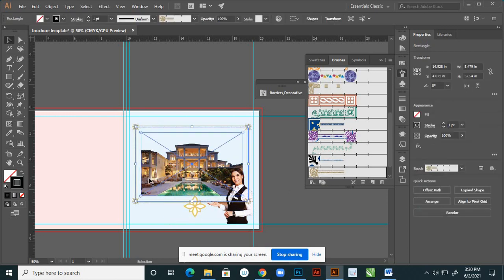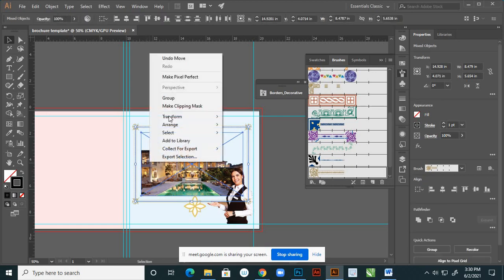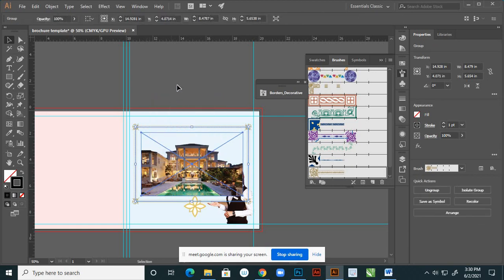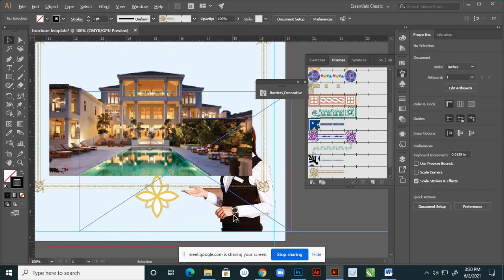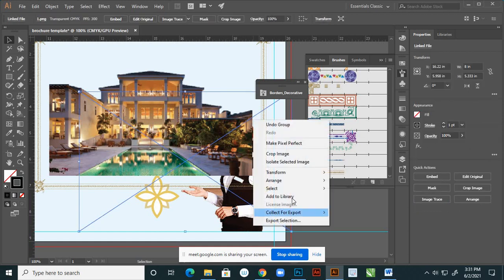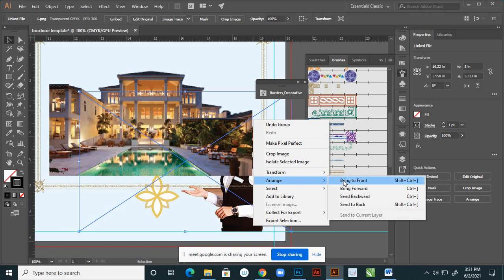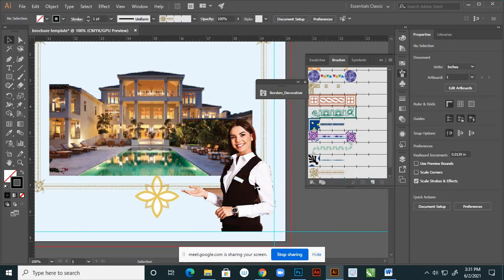And this border and this picture, select these two and group. So grouped, right? And this picture, see, and inside, select this one and Arrange, Bring to Front, right?